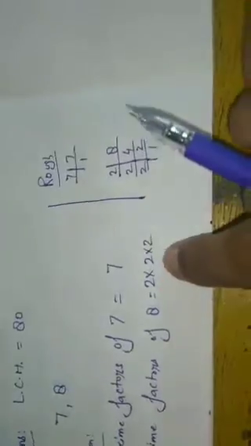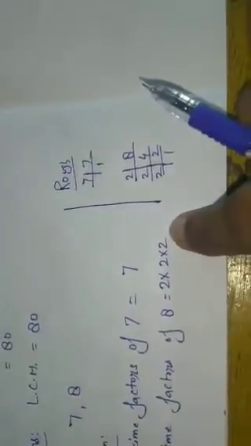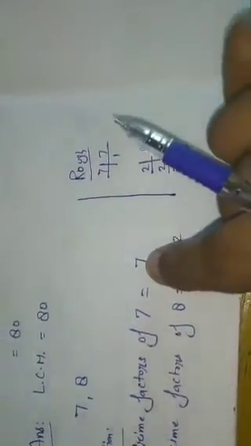So look here, this is page number 2. Therefore LCM is equal to... Factors of 7 is equal to 7, factors of 8 is equal to 2 into 2 into 2. Okay, it has also been found in the previous page. You can see it, 2 into 2 into 2 is the factor of 8, and the factor of 7 is only 7. Okay, so you will write it here.